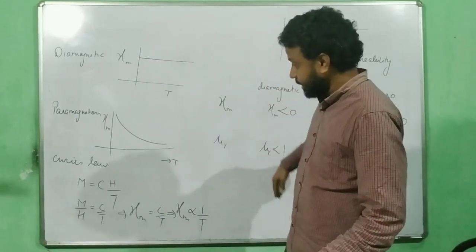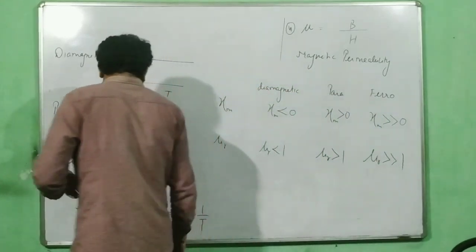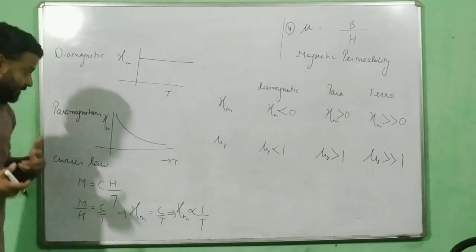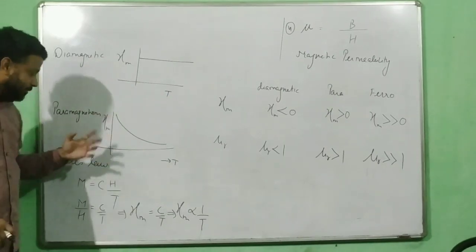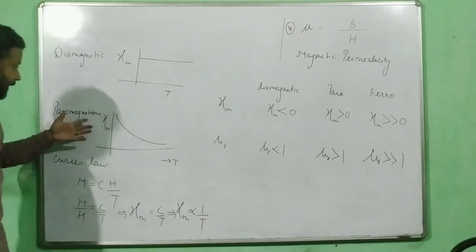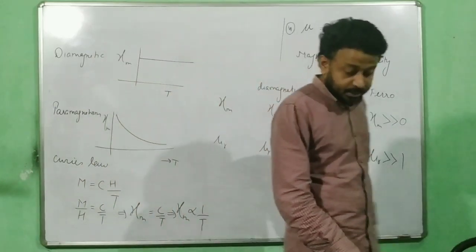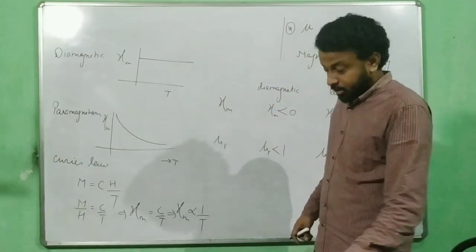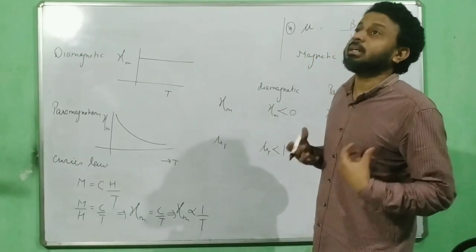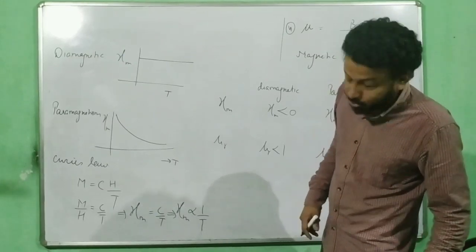Okay, so it falls. What does it mean? That is more important. There is so much theory that we tend to lose the physical meaning. See, what does it mean? It means that as the temperature is increased, the susceptibility decreases. That means it starts losing the attraction towards the magnetic field. It becomes smaller and smaller.